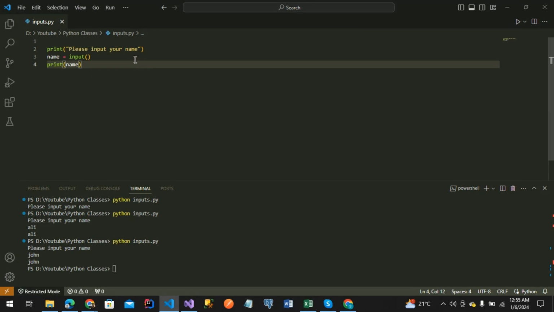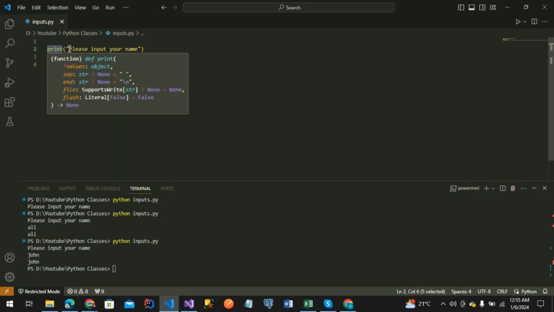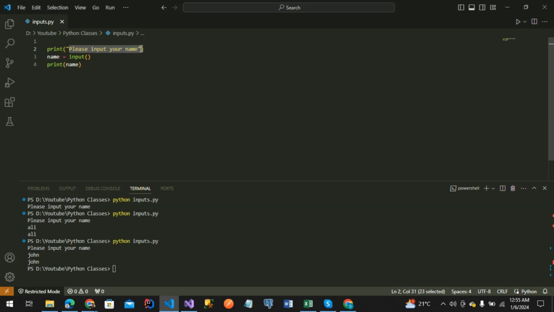And we can also make it simpler. We don't need to use the print method here to prompt a user with any suggestion or question. We can copy this string and simply paste it in our input method, and we can use a colon for it. Now if I run this program, python inputs.py,